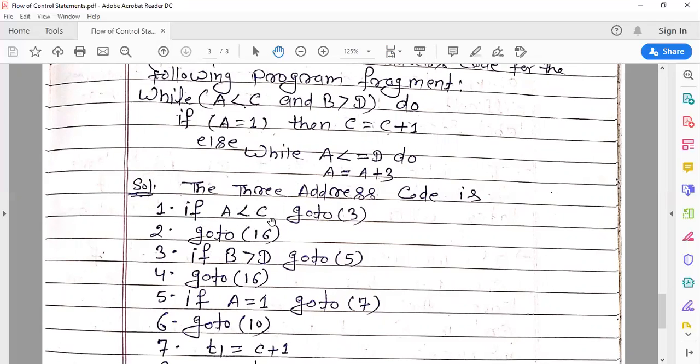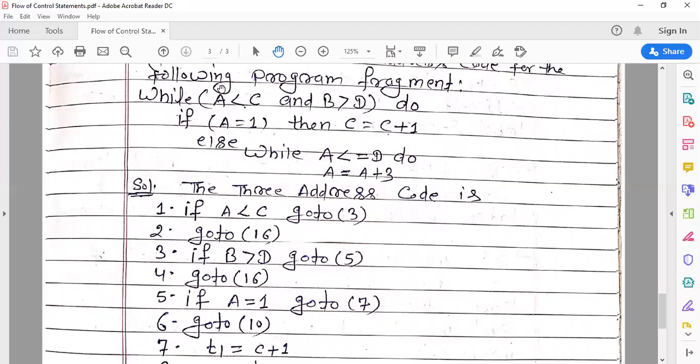So if a less than c is true, then control jumps to go to 3. So go to 3 is the label for the true statement. Here 3 means this is the AND operation. If a less than c is true, then we have to check b greater than d, because b greater than d may be true or it may be false.